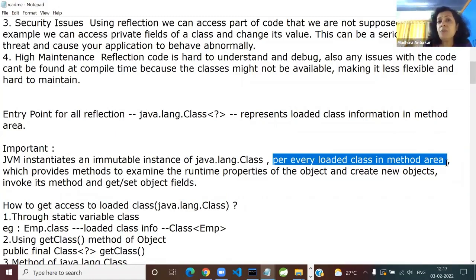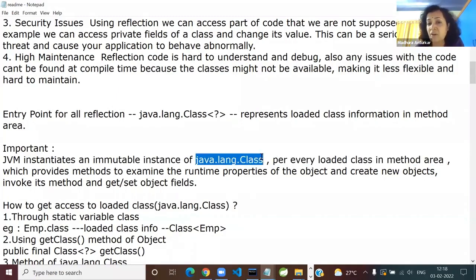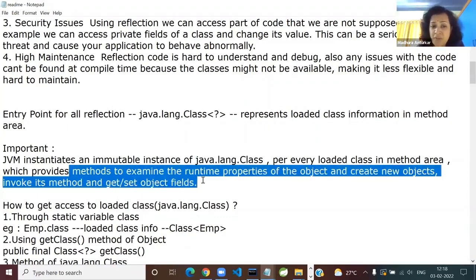But corresponding to, let's say, Employee.class, Person.class, Manager.class, Order.class, User.class, Role.class, there is an instance created for every class loaded, and that instance is of the type java.lang.Class. This is that immutable class instance, which we are going to use for the further